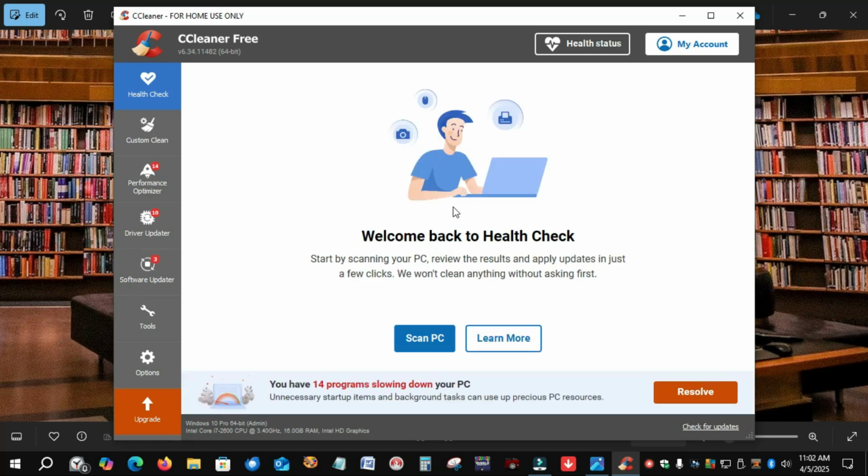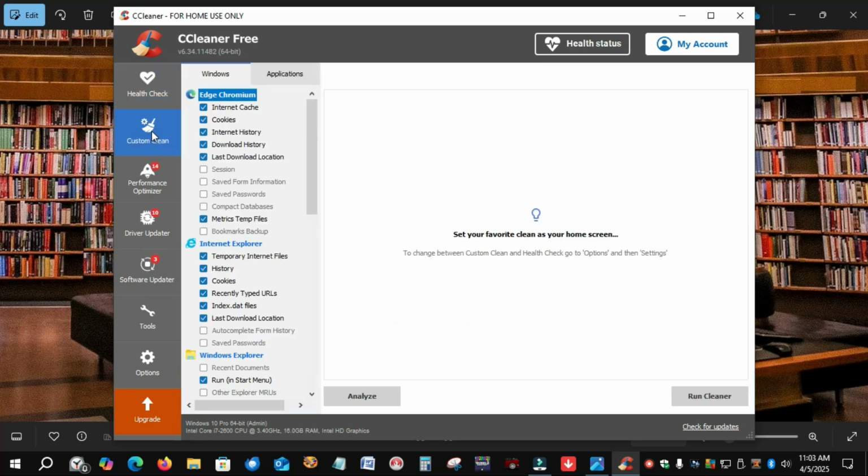So when you open up CCleaner, it always comes here. This area down here costs money, so you have 14 programs slowing down your PC. Don't believe everything you read. Don't click on resolve. You have to buy this program in order to do that. So we're not going to run health check ever again, one-time deal, but you are going to run custom clean